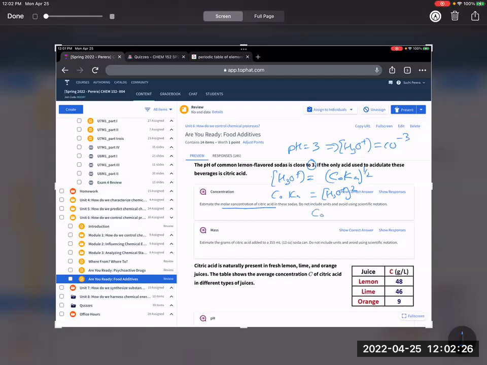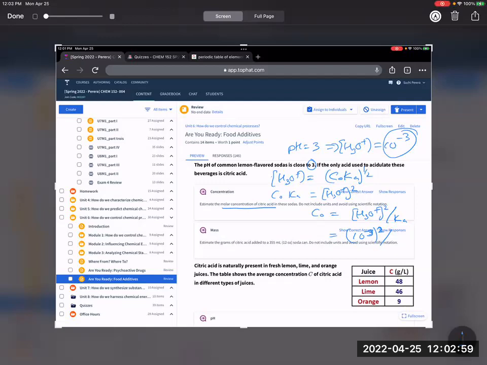Therefore C naught must be equal to the H3O plus concentration squared divided by Ka. In this case you're given all the values. The H3O plus concentration is 10 to the power of minus 3 squared, which we calculated over here, and divide this by the Ka